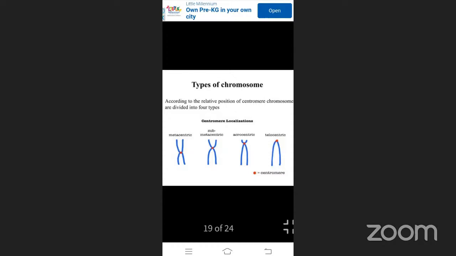And telocentric: the centromere is present in the terminal position of the chromosome. They consist of only one arm, hence it looks like an I-shaped structure. So this is the